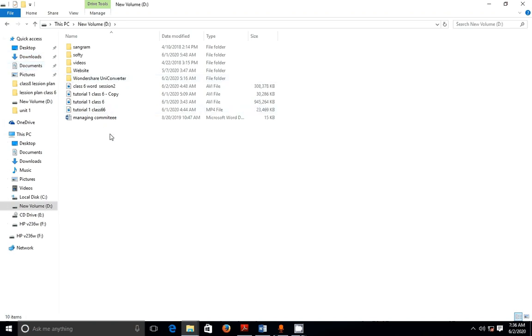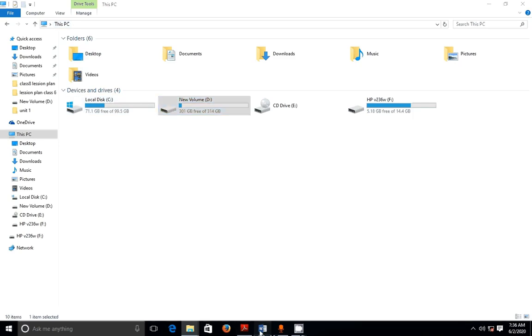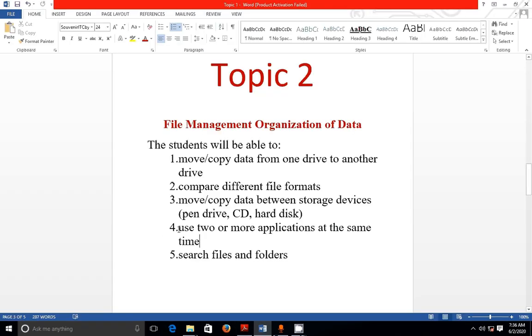This is so simple. You can use the keyboard shortcut keys also. For copy, Control plus C, so you can handle the copy function. Control C for copy, and for paste Control V. These are two shortcut keys. Control C for copy and Control V for paste. Okay, then